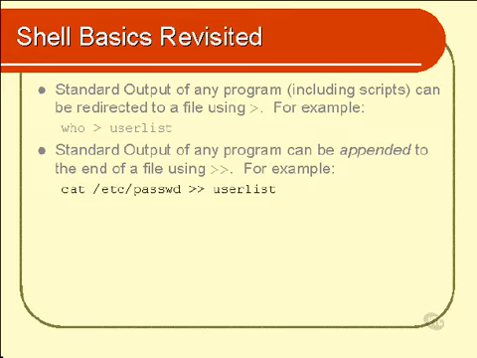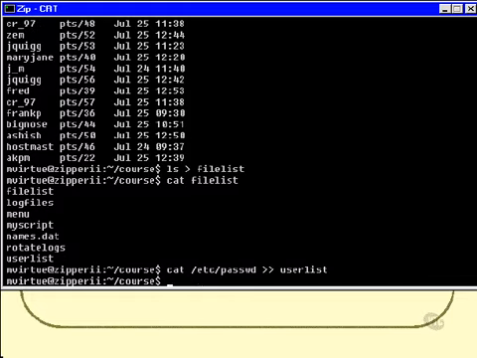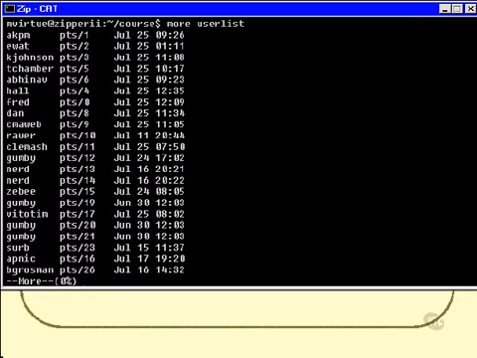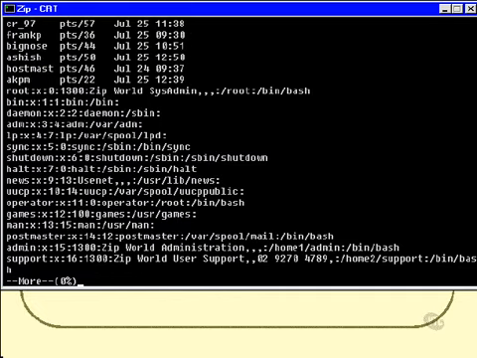Let's do exactly that. If I cat /etc/passwd onto the end of my user list file, I can now do a little more on user list, and I find that the first couple of pages of it are a list of who's logged in, and then I find the actual contents of the /etc/passwd file, which is actually in fact a list of all the users on the system. Okay, so that's a little demonstration of the double greater than sign. Moving right along,